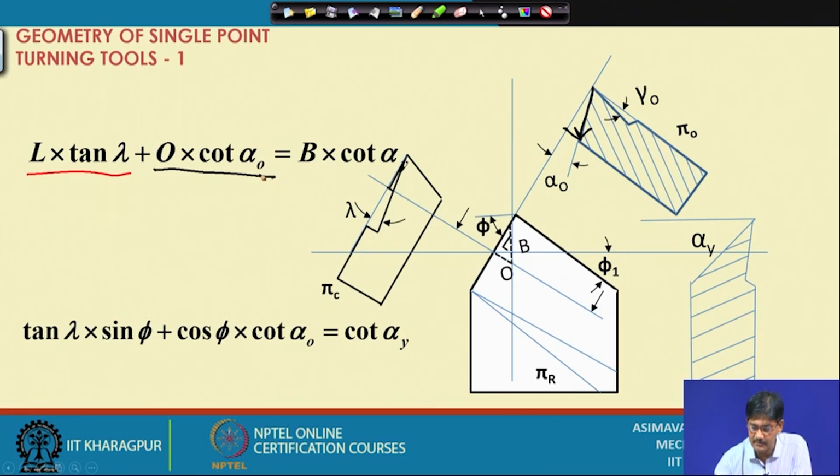Let me use a different color once again. This is the distance that we are going this way, and this is the corresponding downward distance, and therefore, since alpha y is here, that will once again be equal to b cot alpha y. I am sorry, this is slightly covered, please just imagine that there is a y here, not shown very clearly. If that be so, once again we identify that b being the hypotenuse, we can divide this by b,